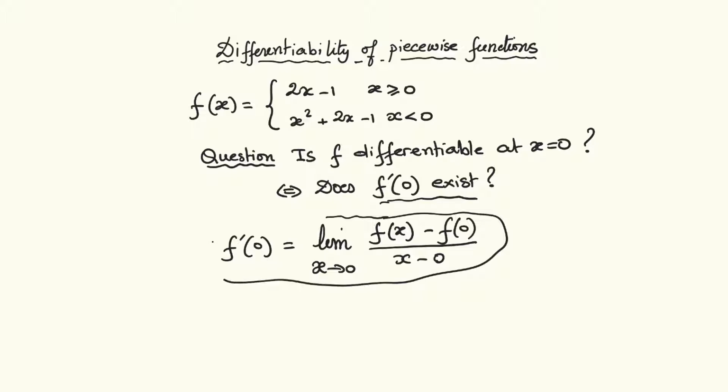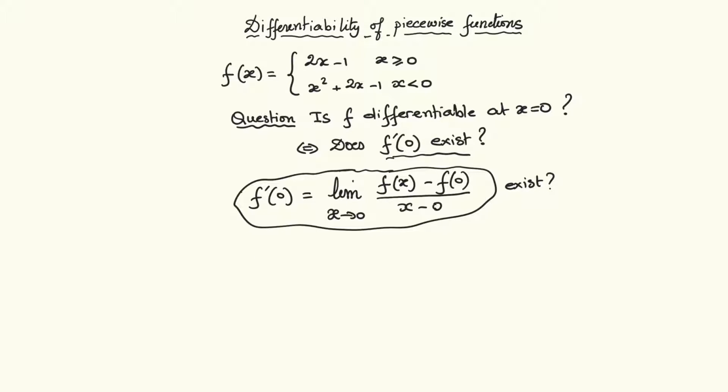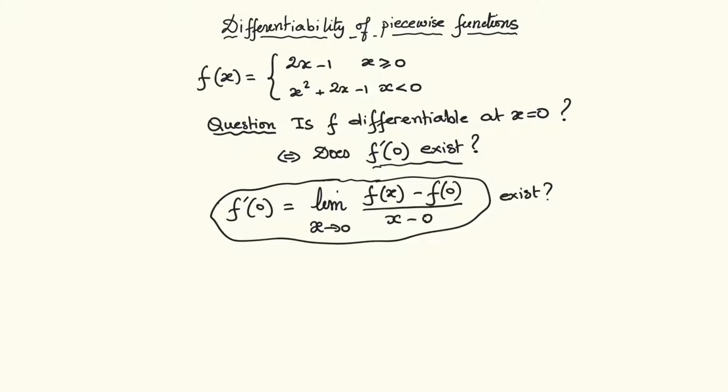So we want to see, does this limit exist or not? Because the function is defined in two different ways, from the right as 2x minus 1, from the left as x squared plus 2x minus 1, then it is necessary to look at the limit